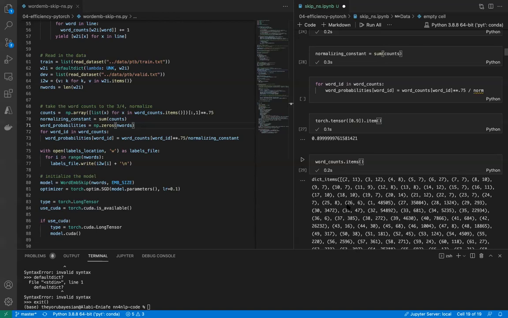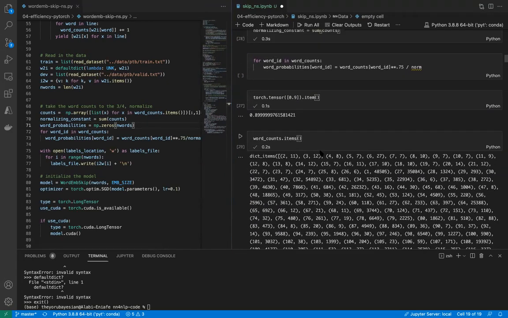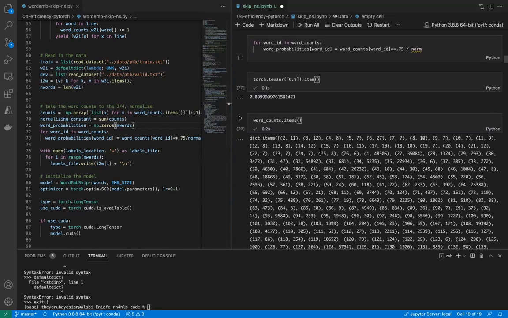Okay, so Charles is exactly right. That's why I was verifying what's in this word count dictionary. I think it's the way they wrote the code that makes it a little confusing. So here's what's happening. In the word count dictionary, the key is a particular word, what has been mapped to, and the next number, that's the value in the dictionary, like code dot items. And the value is the frequency of that word throughout the entire data set that we have. So going by this, word count tells us that word number 2 occurred 11 times, word number 3 occurred 12 times, word number 4 occurred 8 times, right? And so what they did was